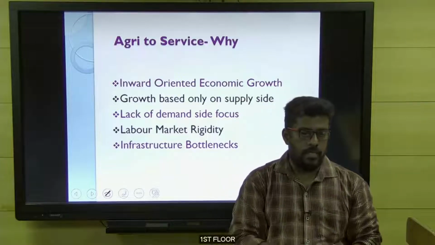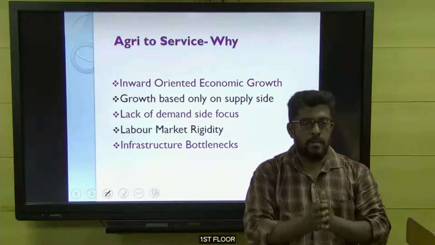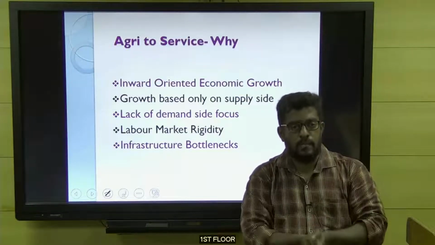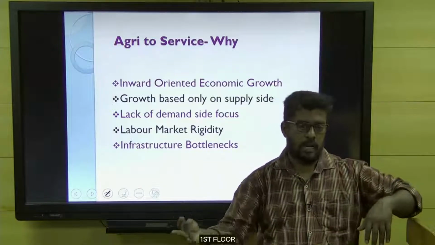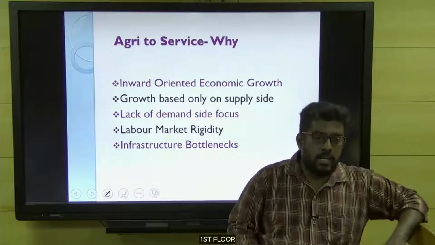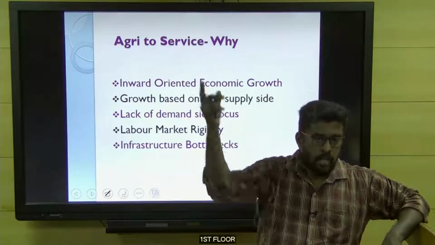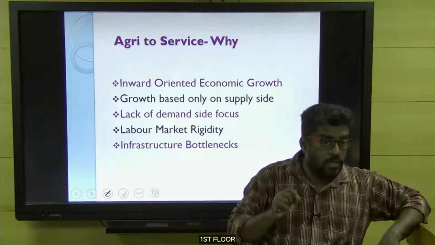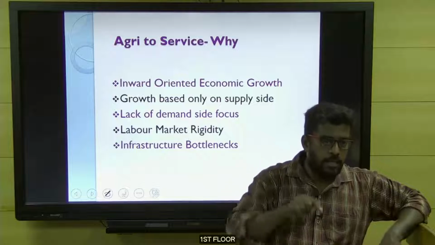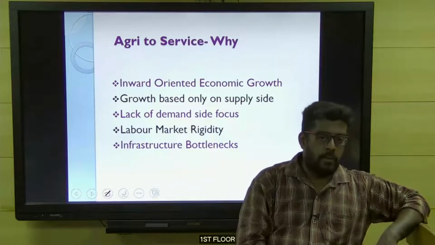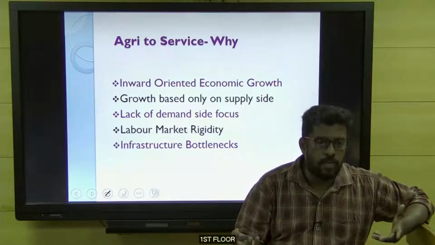But our economy till 1991 was focusing only on the supply side. Supply side means efficiency and productivity and production, investments, everything our government was doing. But we were unable to focus on the demand side. Demand actually comes for industries from two sides: domestic demand or international demand. Domestic demand means our domestic industries should demand the products or our people should demand the products. But our domestic industries did not develop. Then how will they demand? They cannot